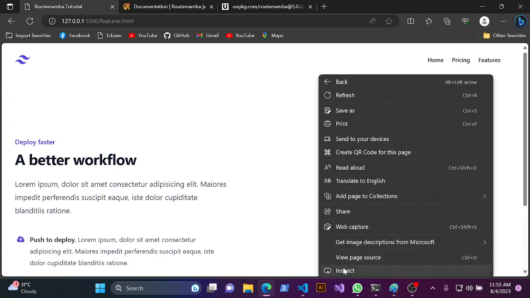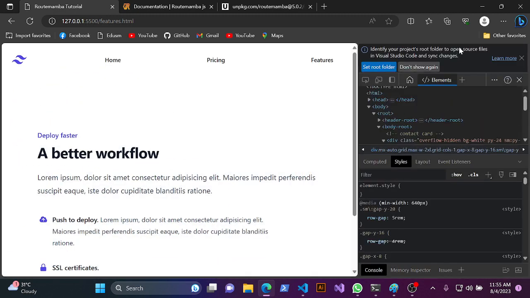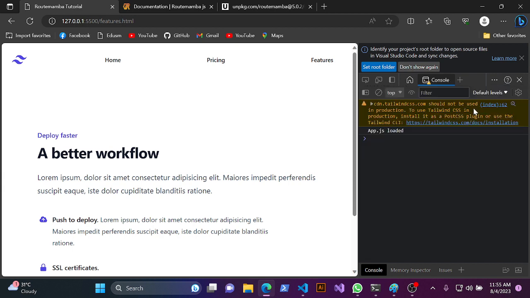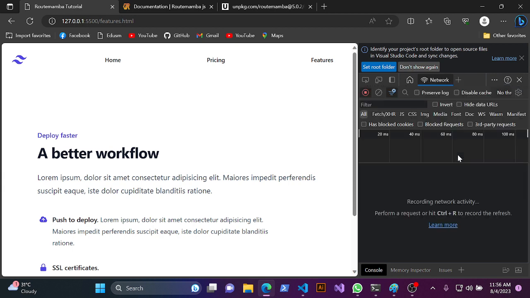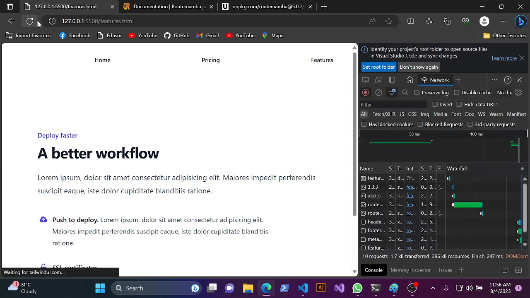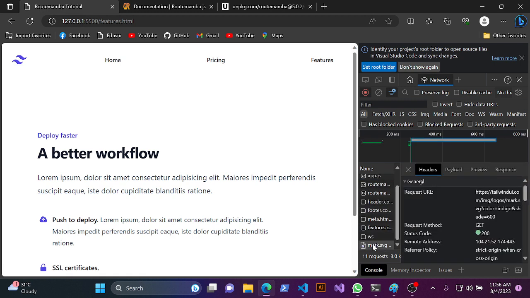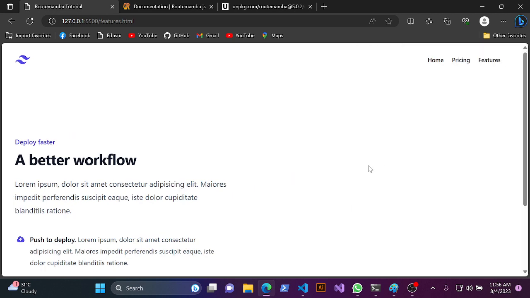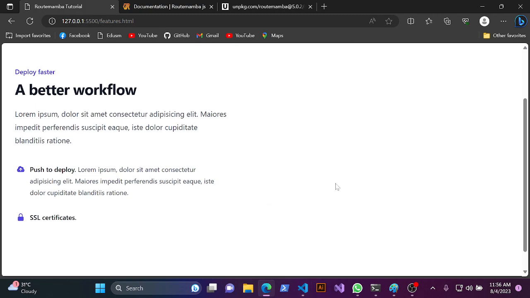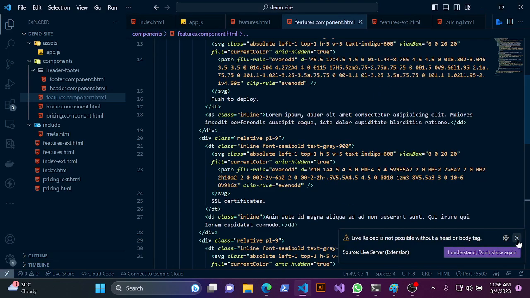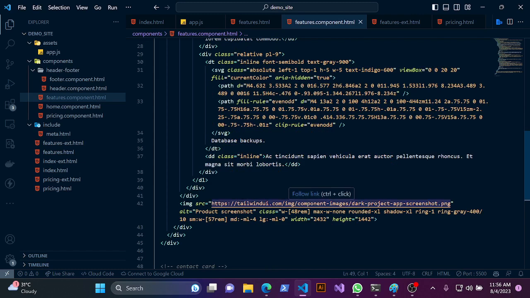But it's not loading. You know why? Let me show you something. Maybe it's the network. Let me check it. It's loaded everything. Yes, everything is loaded so perfectly. Yeah, it's loading the file. Everything is loading very perfectly. That's a good thing,